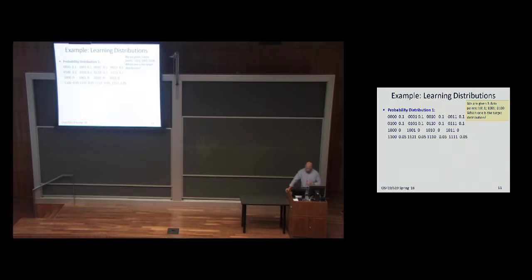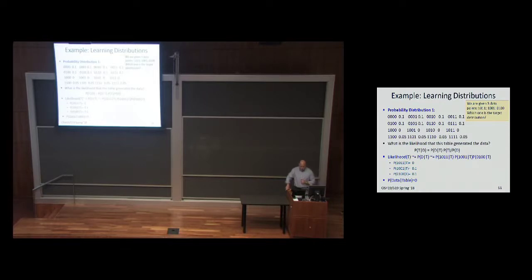Yes? No, because the first number 1011 has a probability of 0. Yes. So the point 1011 has 0 support under probability distribution 1. This data set couldn't have been generated from this. The likelihood is 0. I can write it, right? So what is the likelihood that this table generated the data? P of d given t. I can write this down, and I get 0, because of this data point that you identified, 1011. Okay, we eliminated one candidate. P of the data given the table is 0.